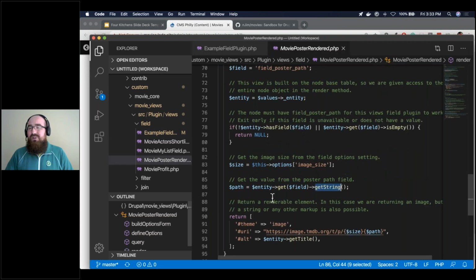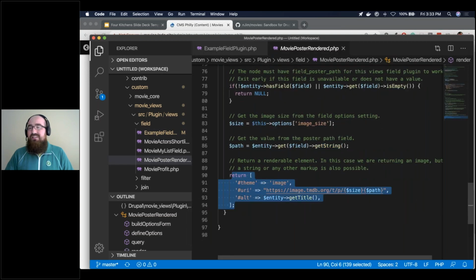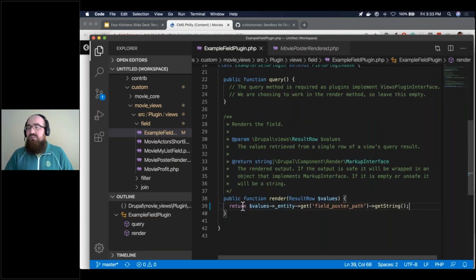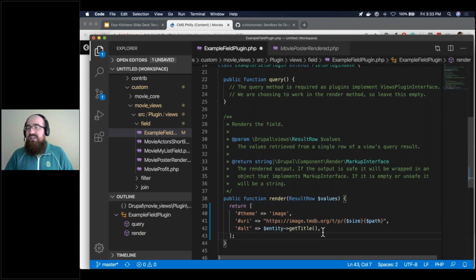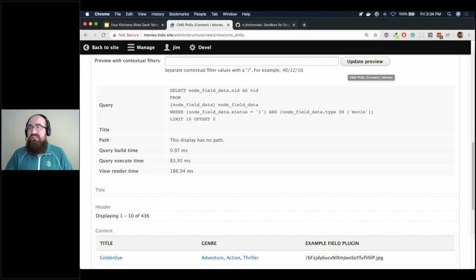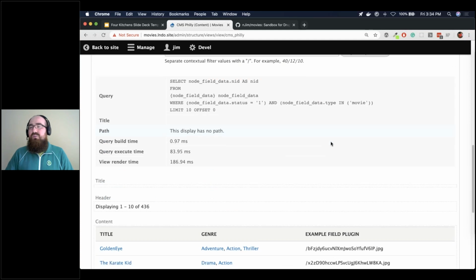I'm just going to copy this work over though, because time is of the essence in this presentation. So we're going to prefix it with the URL on the movie database. And the size, I don't remember the size, so we're just going to go with 500 because I know that's a valid size. Hit update, and we should now see an image object is using an image template to render